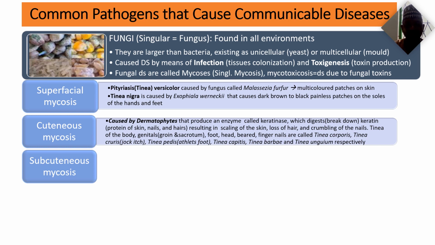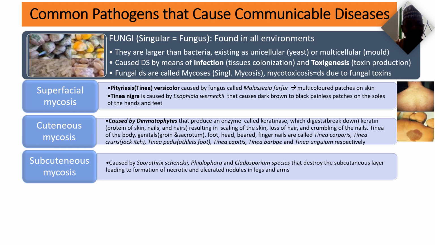Therefore, the transmission of fungi is through direct injection of the fungi from the environment into the body of the infected person. Examples of these fungi are Sporothrix schenckii, Phialophora, and Cladosporium species. These fungi destroy the subcutaneous layer, leading to formation of necrotic and ulcerated nodules in the legs, in the arms,